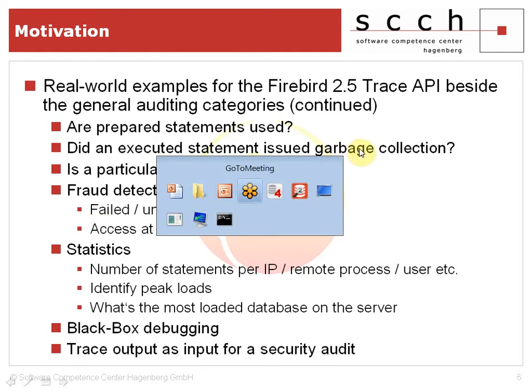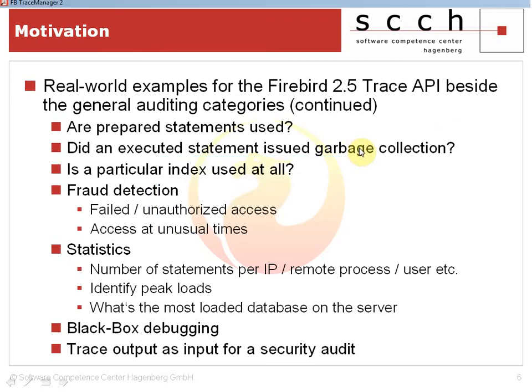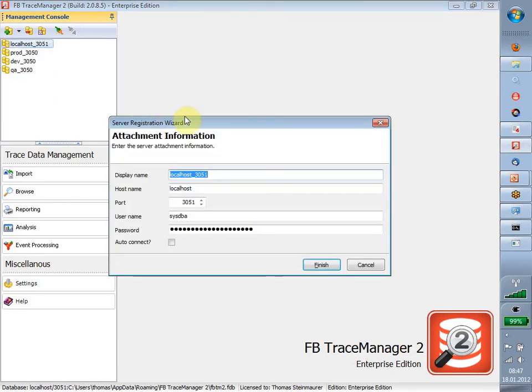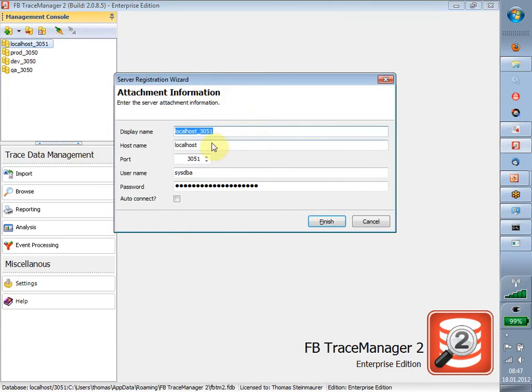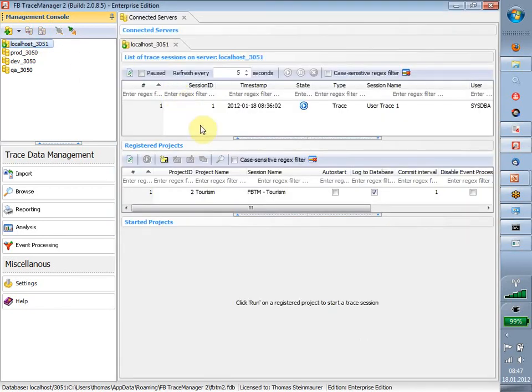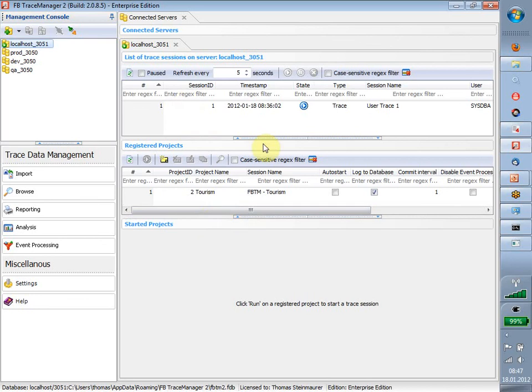All right. Well, that's the FB Trace Manager product, the main form. On the left hand side here, you will see that you can register a Firebird server with the usual things like the host name, the port on which the Firebird instance is running, and the username you want to use. So if you connect the server over here, you will see that there is already